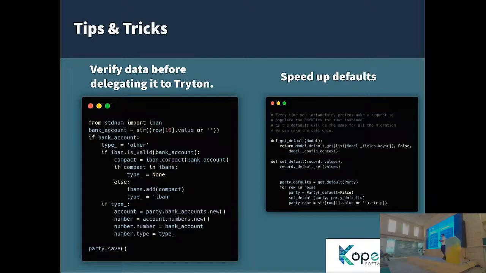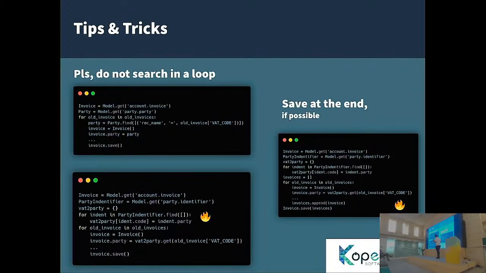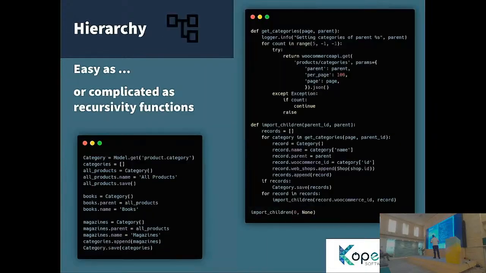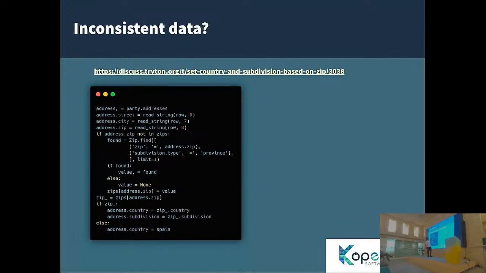So if we go back, for example, let me see. No, I'm in the wrong direction. Yes. When we are creating this object here, Tryton is getting its default fields every time we do this loop. So what we can do to not look up the default values for that, we can, yes,